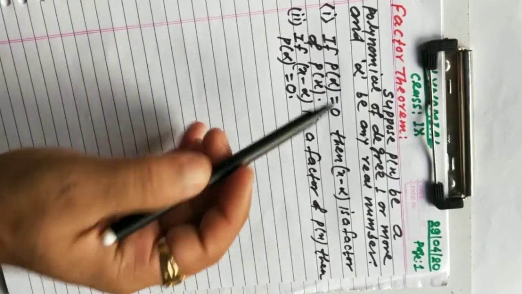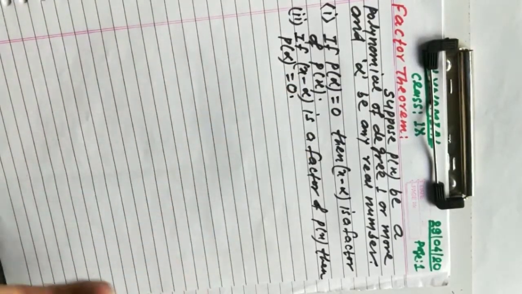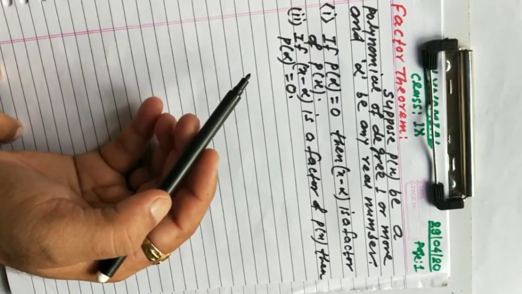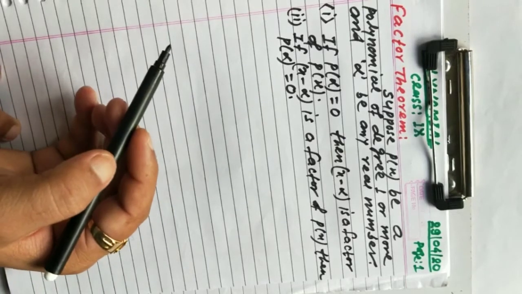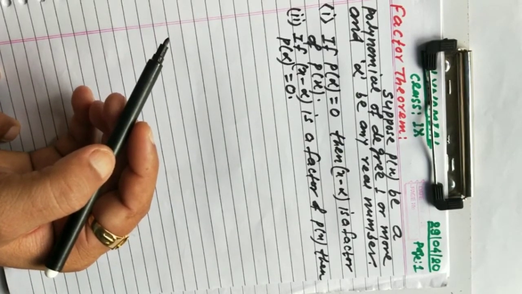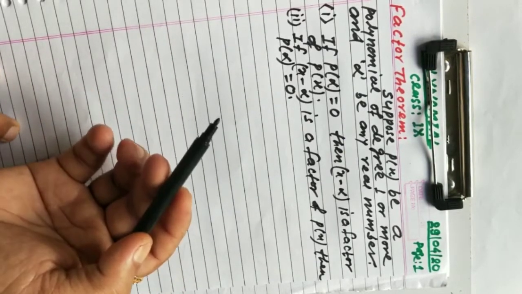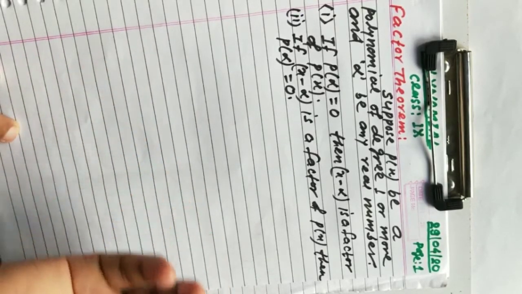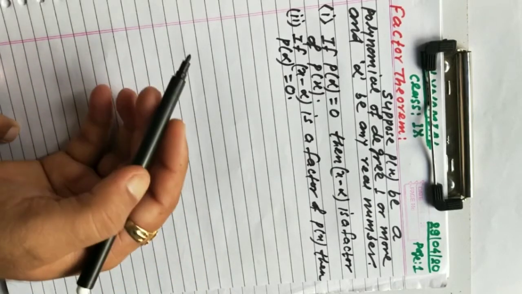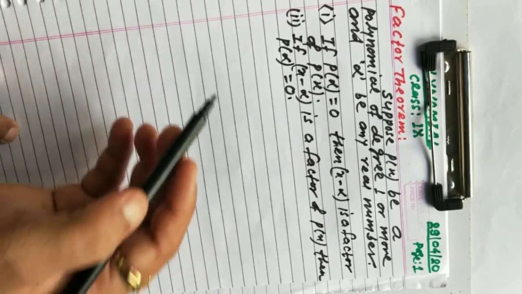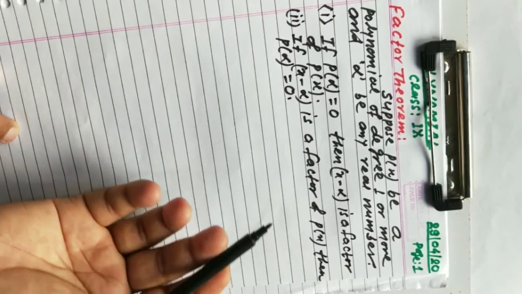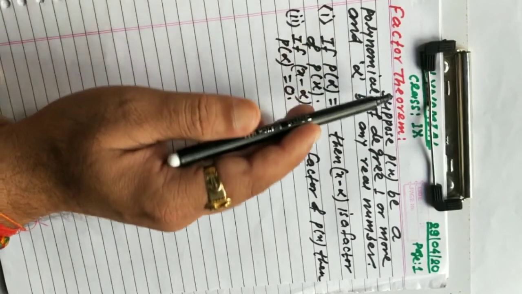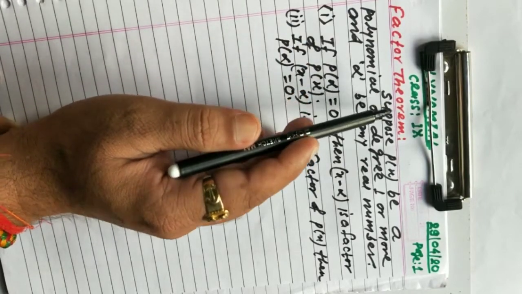So let us discuss the factor theorem. As we have discussed in number and in polynomial, if the remainder is 0, then we can say that a number is factor of the another number. And if we divide any polynomial by another polynomial, then one polynomial will be factor of another if we get the remainder 0. So in factor theorem, the statement is that